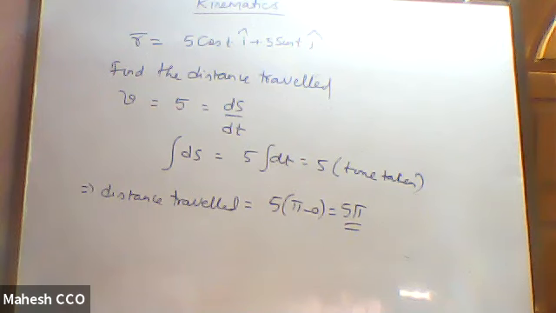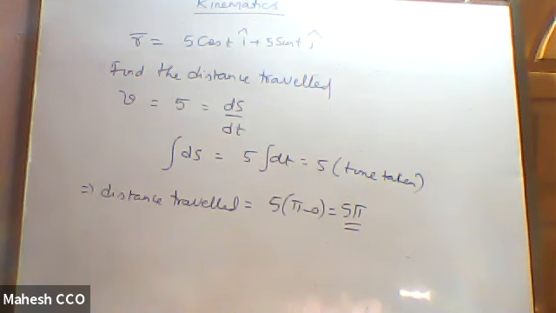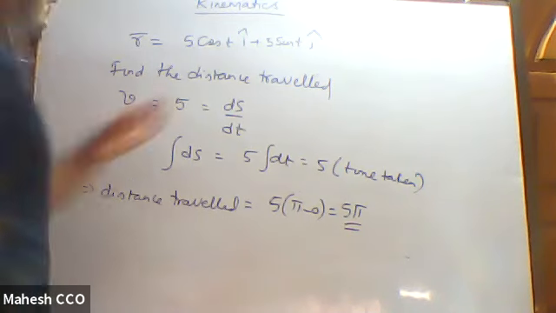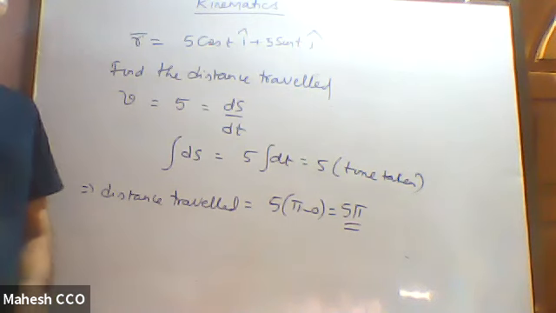The other way, what we found is, we found the instantaneous velocity by differentiating the position vector. We found that it has a constant magnitude of 5. That means the instantaneous speed is a constant. When the speed is a constant, you can write the distance traveled to be the multiplication of speed and time. So 5 into pi will give us the distance traveled. How I could get this idea that such a position vector is possible only in circular motion, I mean on a circular path, I will tell you now.